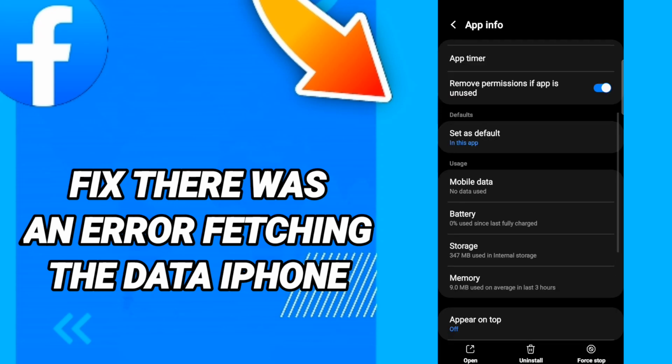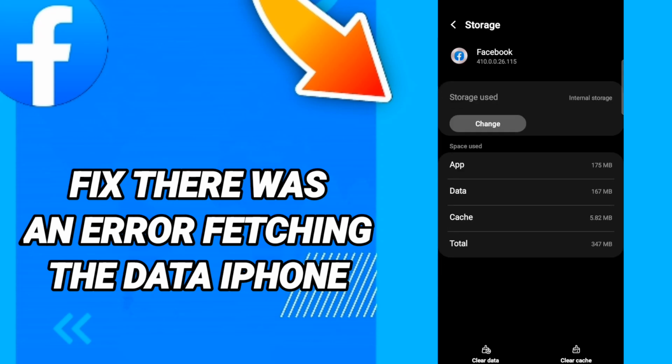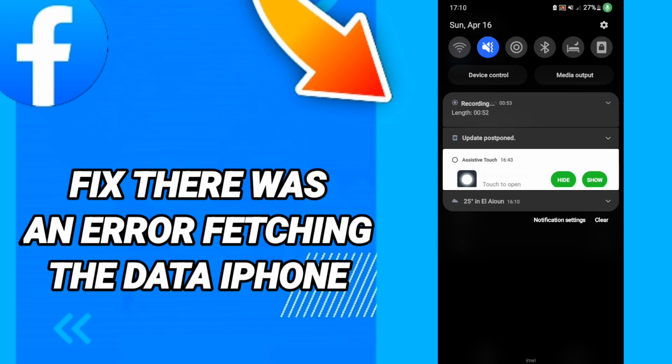After that, in this page you will click here and you will enter storage. Then in this page you will click clear cache. After that you will click clear data, and when you finish this you can update your